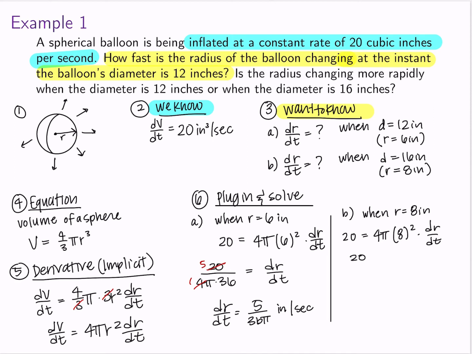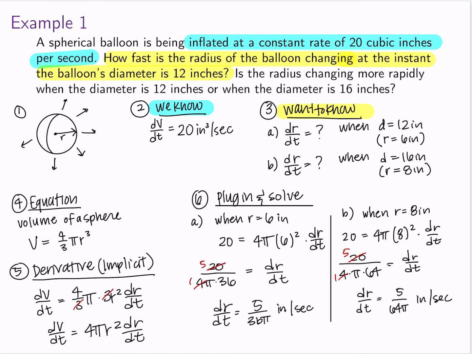So this is 20 over 4 times pi times 64 is dr/dt. And just like last time, I can clean up a little bit. And I end up with dr/dt is 5 over 64 pi inches per second. So that's how the radius is changing at that instant in time that the radius is 8 inches, is 5 over 64 pi inches per second. And so,